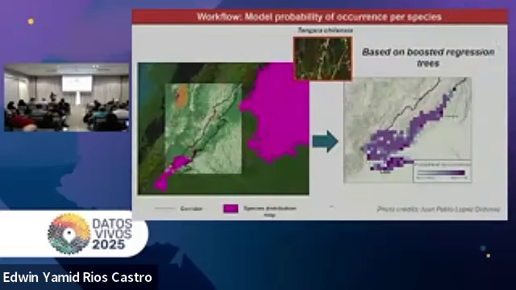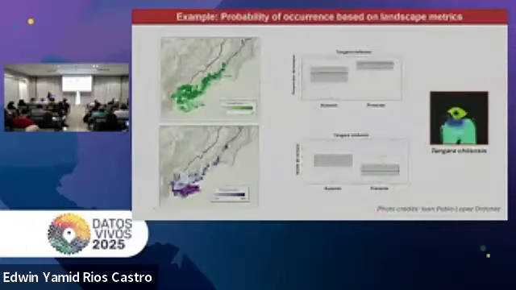So what we are doing here is combining information about the species distribution records with some statistical analysis to develop these models of probability of occurrence for the species in the area. So we combine information from landscape metrics, and then we model the presence or absence for each species in the area for all those species that have enough data, regardless if they are potential indicators or threatened, or if they are in any category that is important here.